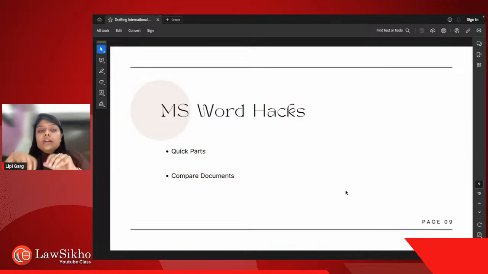You can just open one document, and whatever you draft, let's say you have a very nice table for maintaining a list of dates and events, very good formatting, very good content and everything, very comprehensive, right? So you just select the table and then you save it to quick parts. Whenever you open any new document, you just go to quick parts and select that table. That table will come automatically to your new contract, the new document, right?